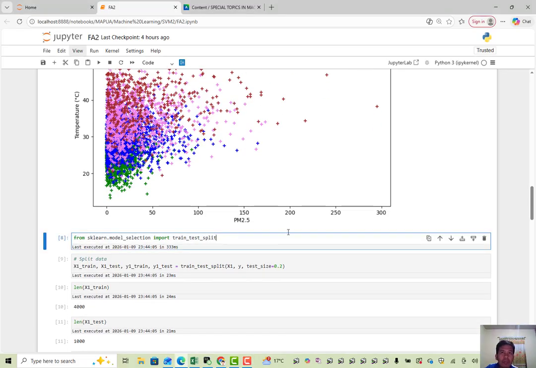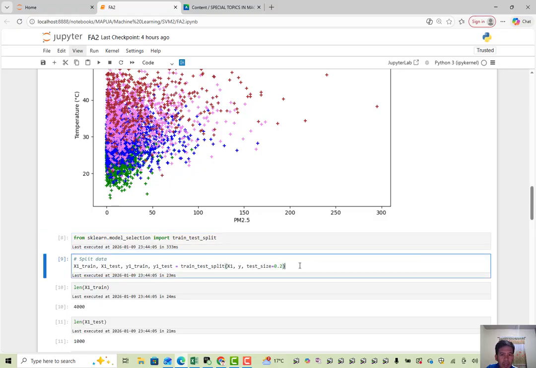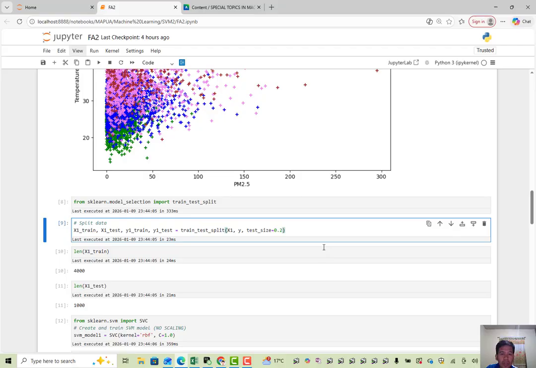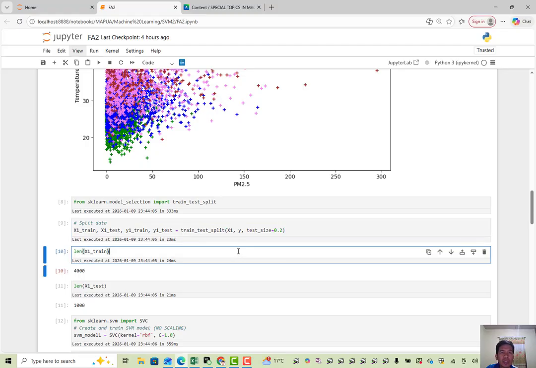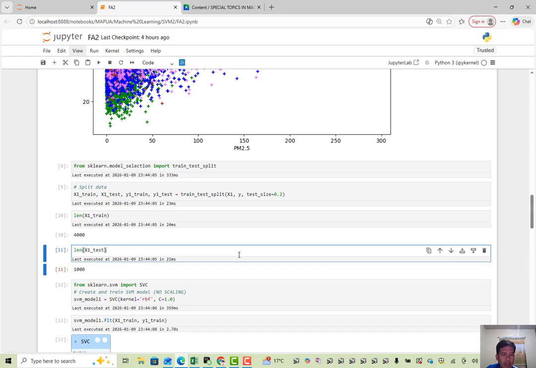Next, I imported the function to split data into training and test data. I split the data into 80% training and 20% testing. Then I displayed the number of training samples and testing samples.